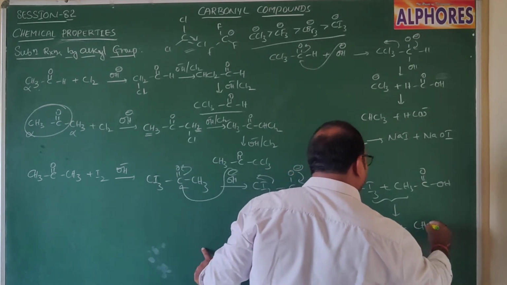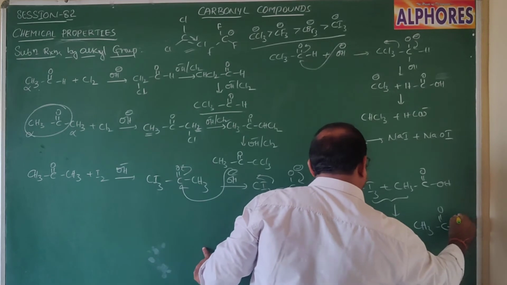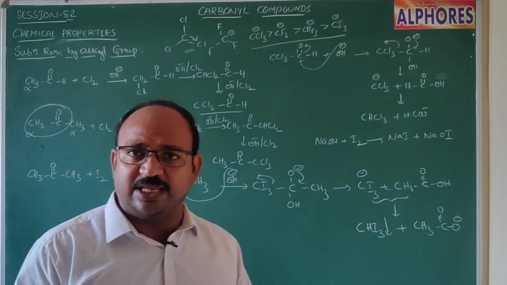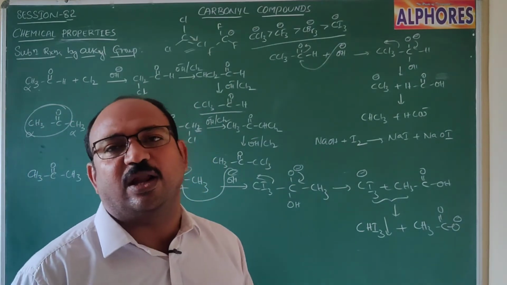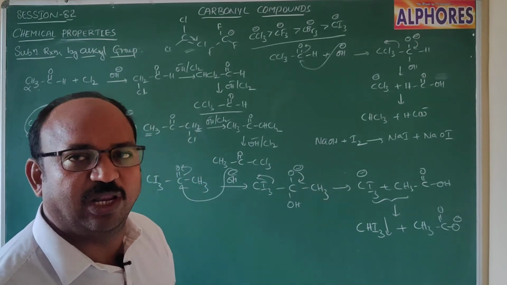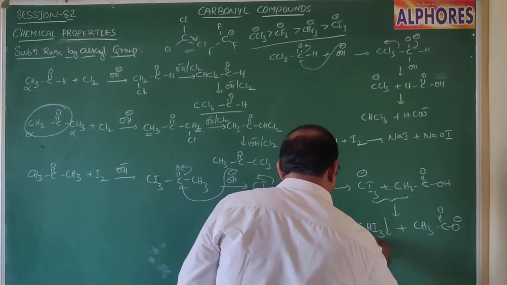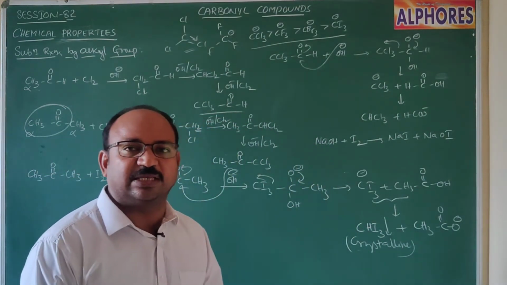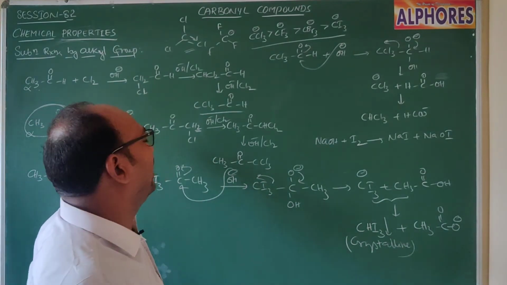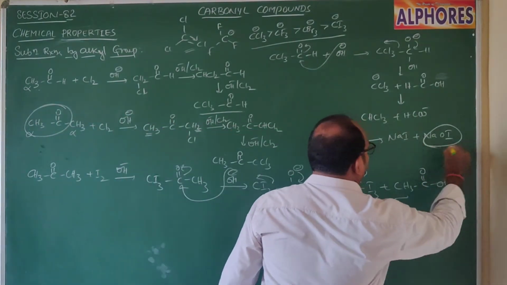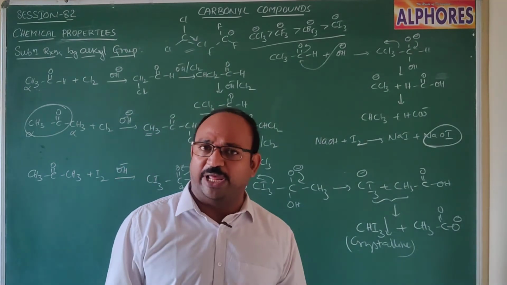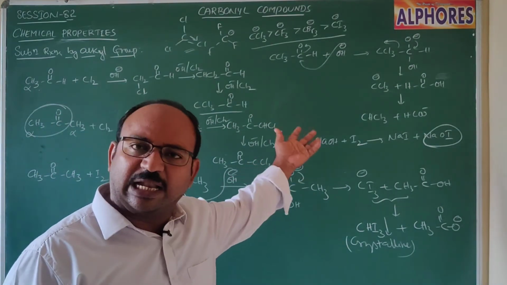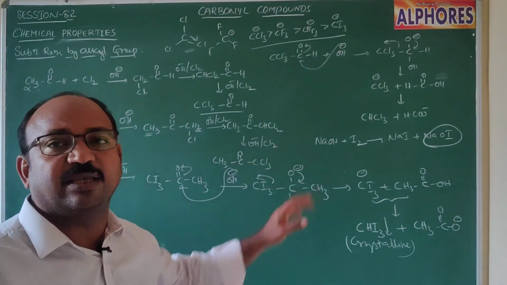CHI3, which is a yellow precipitate. In previous sessions while we discussed the chloroform reaction, I mentioned that CHCl3, CHBr3, CHI3 are not all the same, but in general we call all of them haloform. But CHI3 is the only yellow crystalline substance. So this test, what we call the iodoform test, means directly instead of using alkali and halogen, you may give directly NaOI, sodium hypoiodite, hypoiodous acid HOI. From that you are getting the same, that's why directly you may give NaOI, and that is correct.